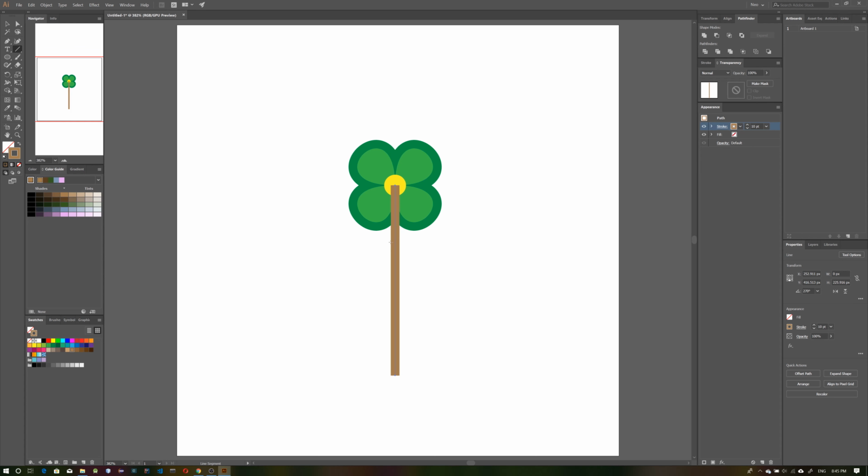To select this, to move this thing, arrange, send, choose from the context menu, send back. So it will put this line very last in the stack of these objects, and go to